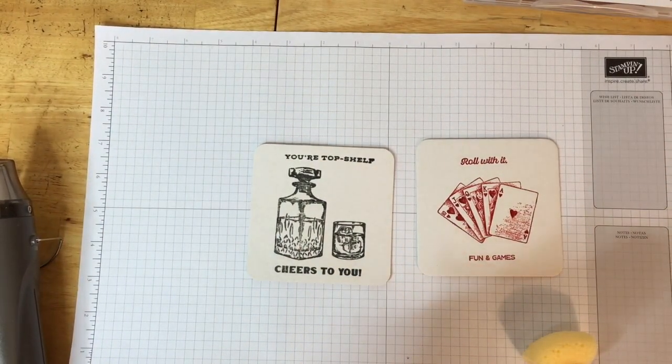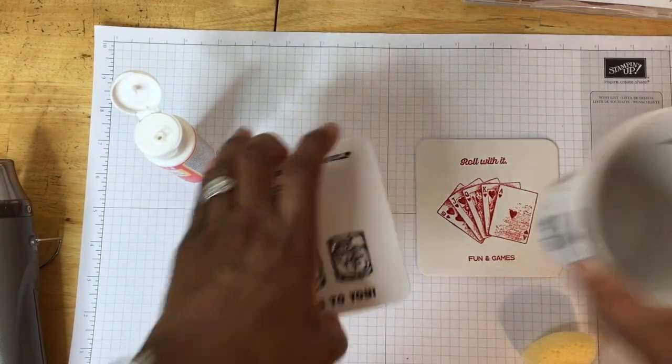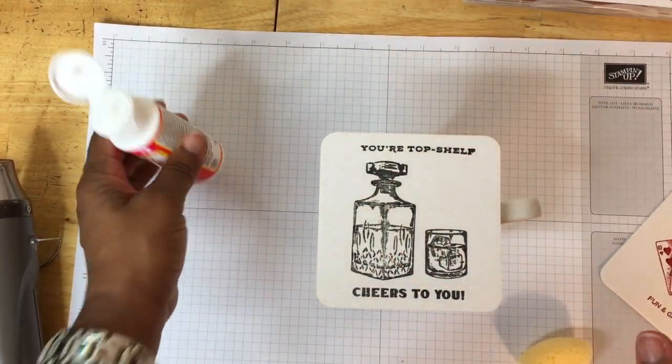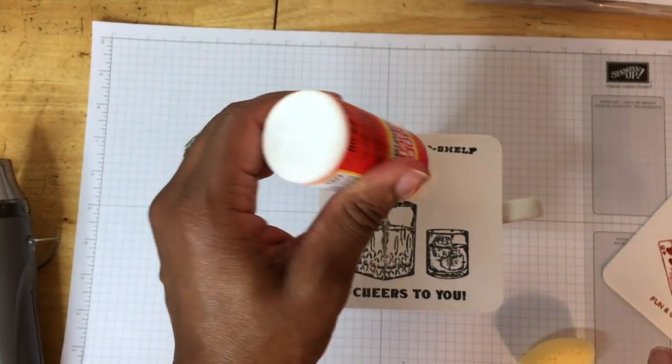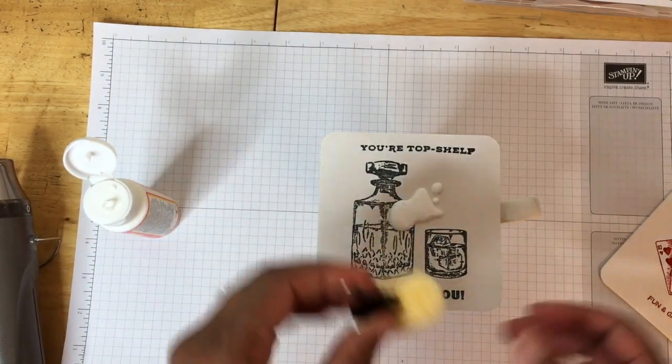And I am just going to go down. So you want to get the back, the sides. And I'm just going to put it on top of the cup so I could get around the sides, the edges. So you just want to put a glob down. And then I'm just going to